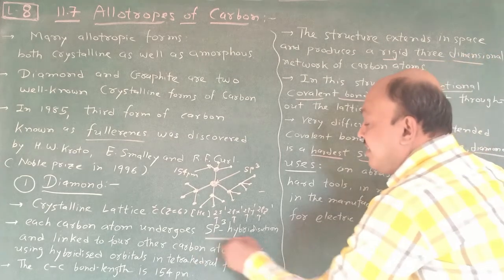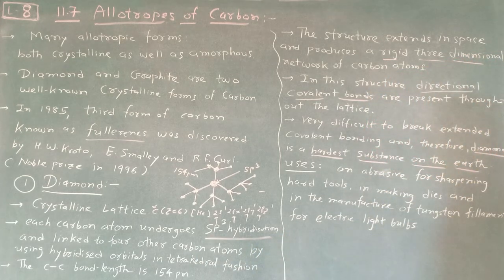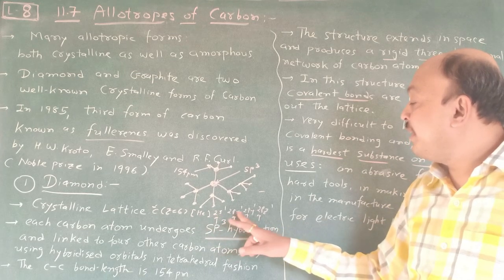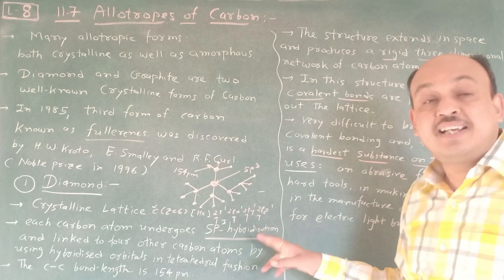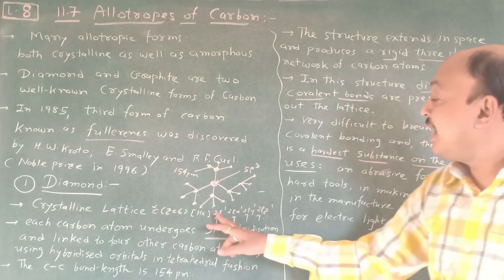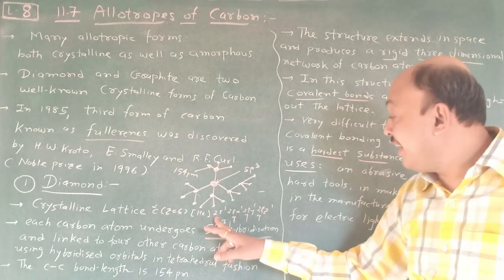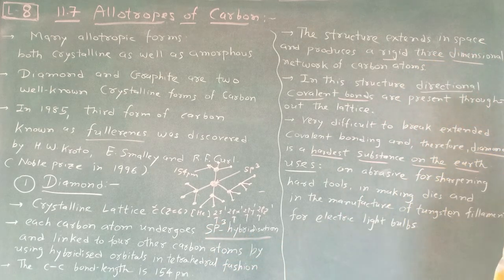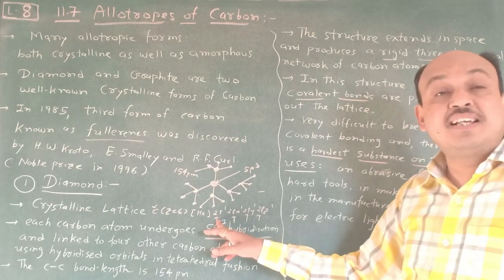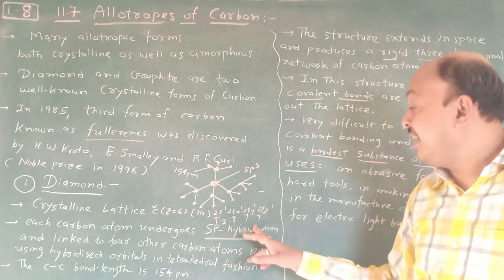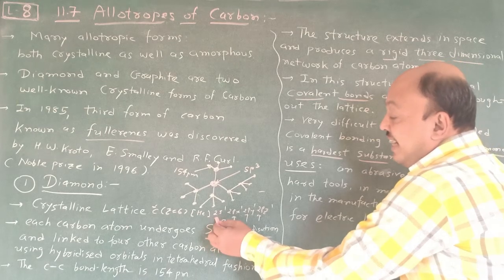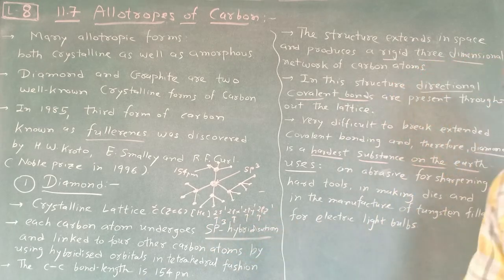This sp3 hybridization you have to learn in chemical bonding also, but it becomes very easy for you. This is 2s, 2px, 2py and 2pz orbitals. They are hybridized, and due to that this is not a 2s orbital. When they are bonded with another carbon atom, sharing that carbon atom's electrons, at that time this is considered an sp3 hybridized orbital. So 4 sp3 hybridized orbitals, and that's why sp3 hybridization takes place.